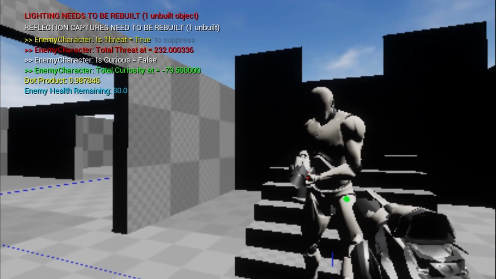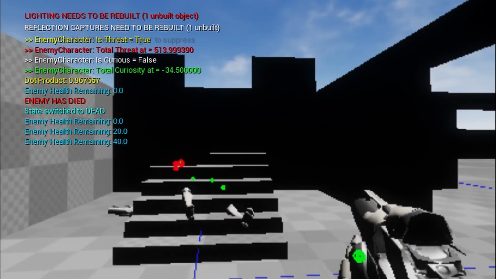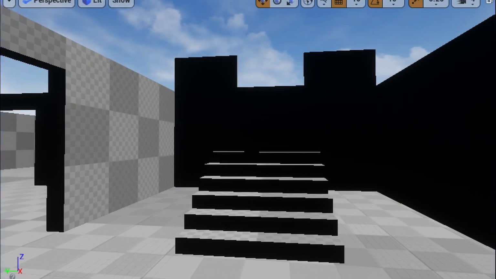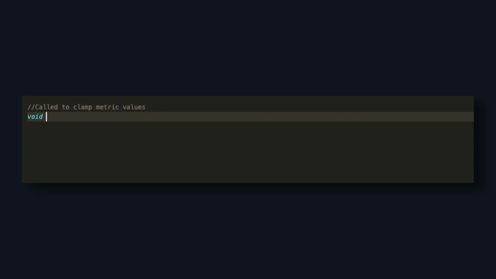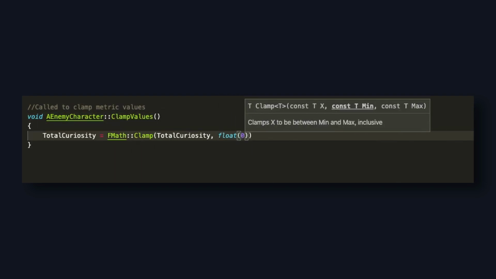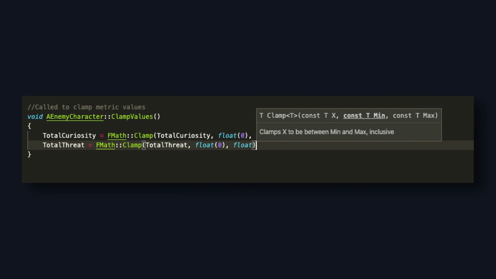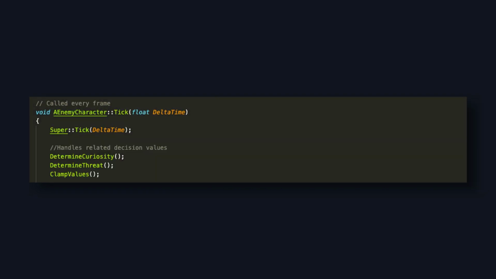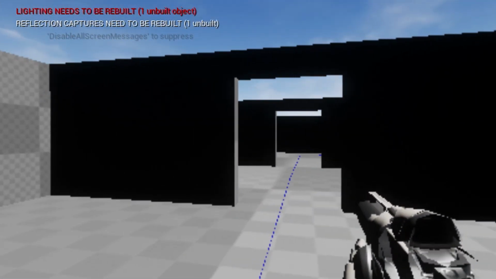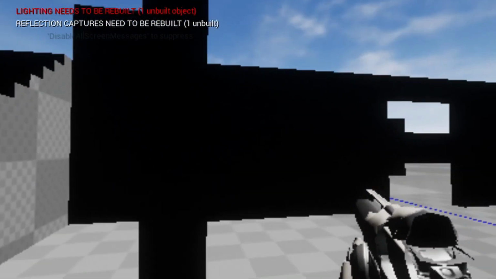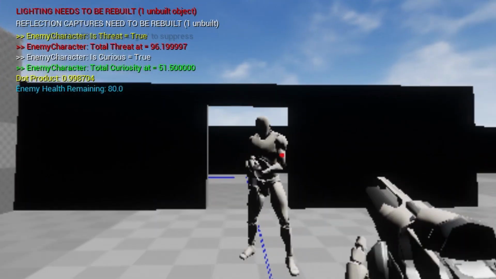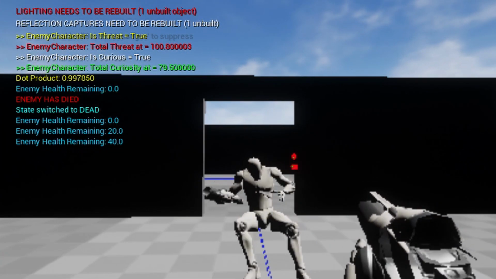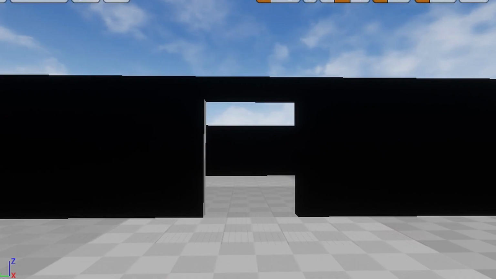However, what we may notice is that the values go a bit over and under the range between 0 and 100. So we create another function which clamps the values. Now, as we have that all working, we ensure that we call all the specific methods during the update, and then let it play. And again, you can run AI debugging to reveal the senses at work. However, even for vision, this really limits the modification only during the visual detection of the stimuli, but with this metric setup, it can be adapted to be used on other